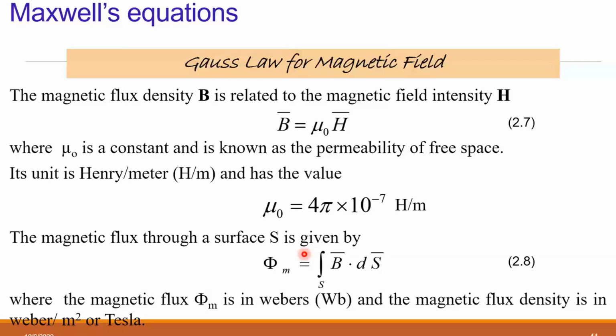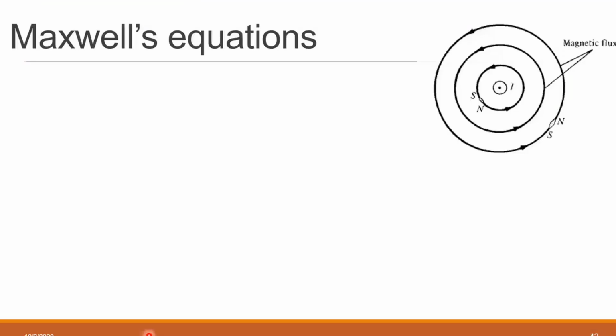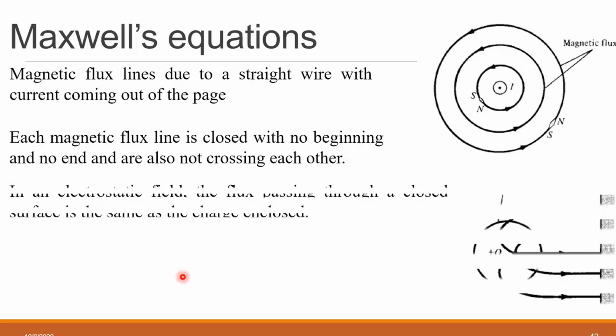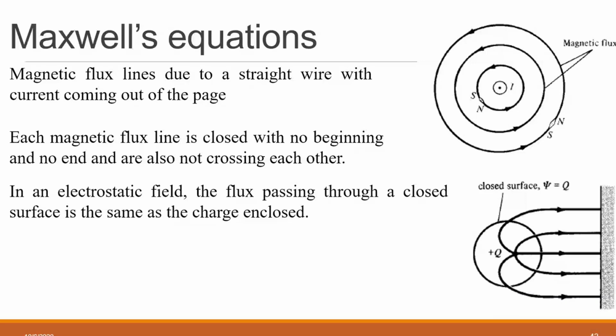We have already seen all these things, but let us review them. The magnetic field lines due to a straight current carrying filament are coming out of the page. So this dot here at the center shows that the filament is coming out of the plane. We see only a dot instead of a vertical filament, so we are seeing this diagram from the top view.